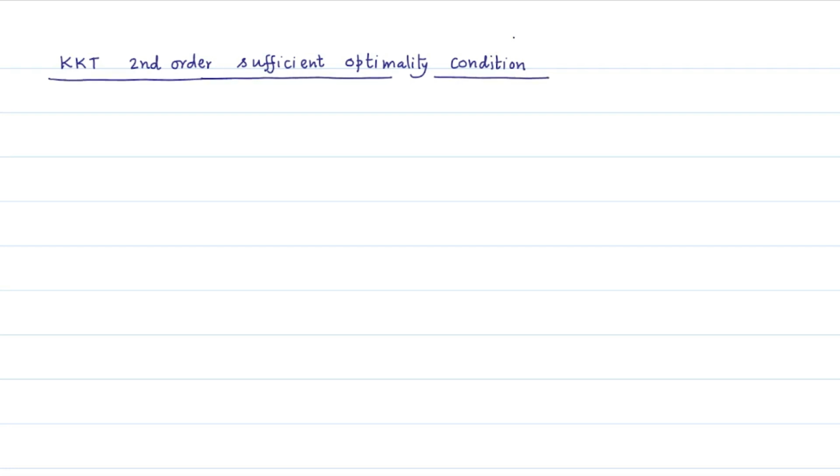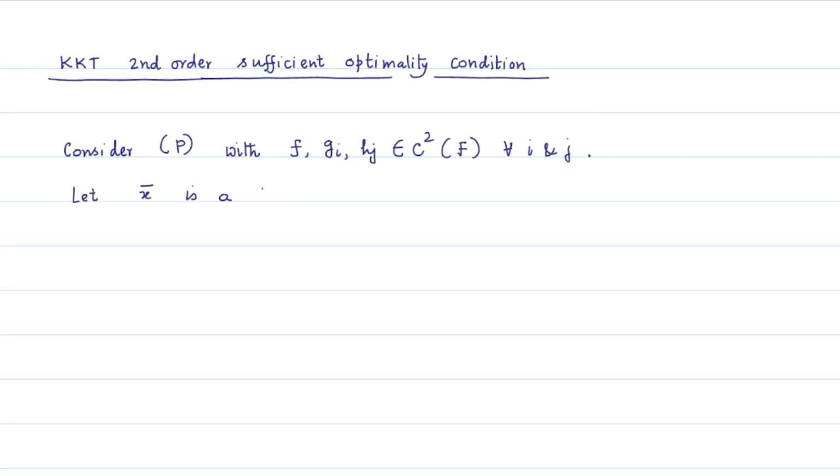We neatly write out this sufficient condition as follows: the KKT second order sufficient optimality condition states that, consider the constrained optimization problem P with the objective and constraint functions all having continuous second order partial derivatives inside the feasible set, and let the point x bar be a KKT point